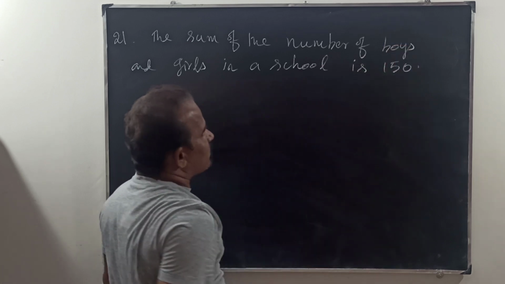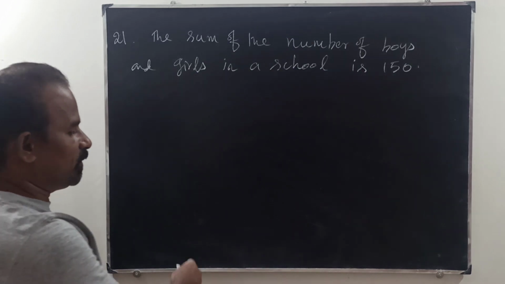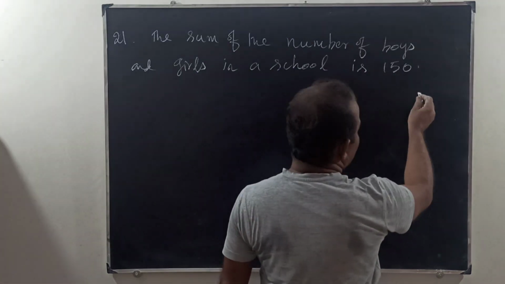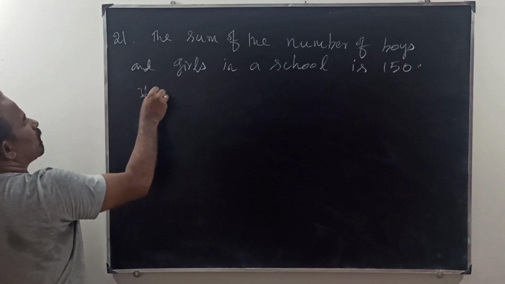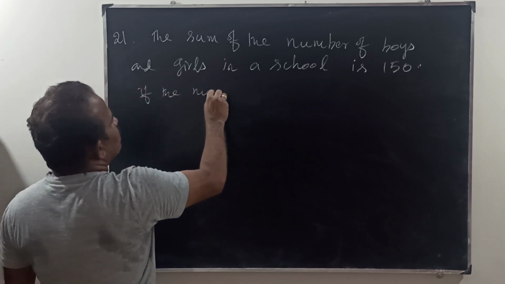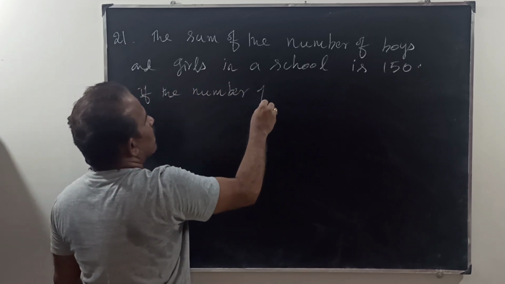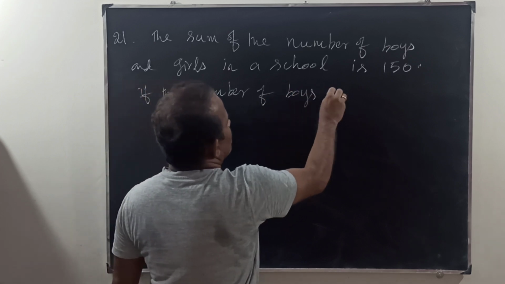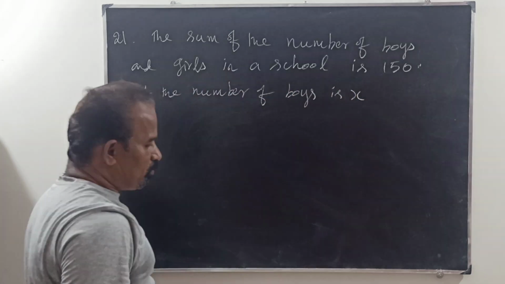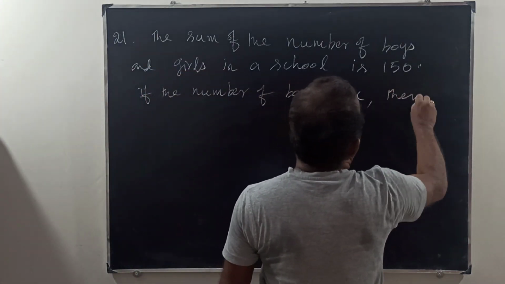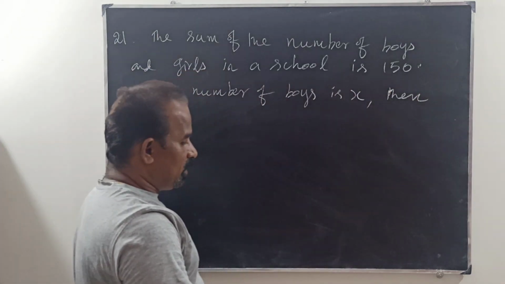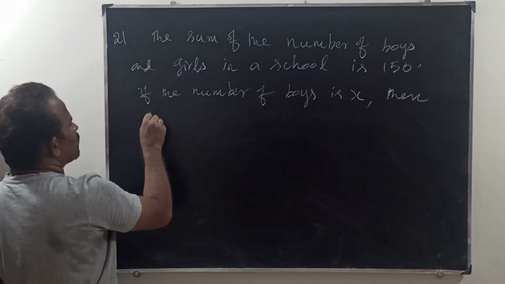Total number of students, boys and girls, is 150. If the number of boys is x, then the number of girls becomes